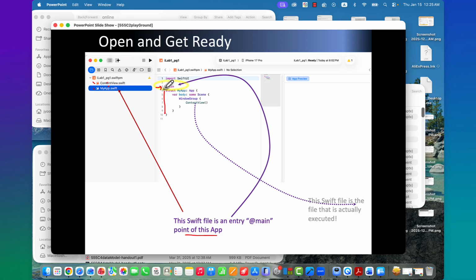Why? Because it says @main. So you should have only one @main. If you have multiple @mains, then your app may be confused, right? So @main, that is the entry point.